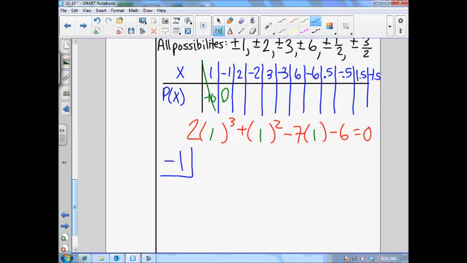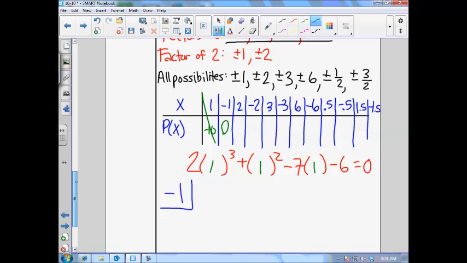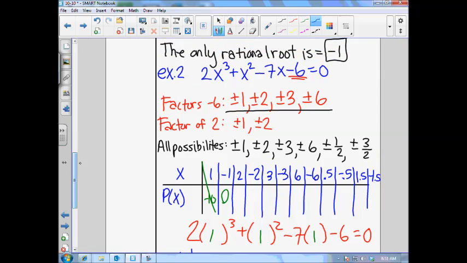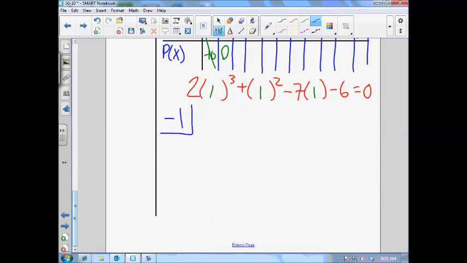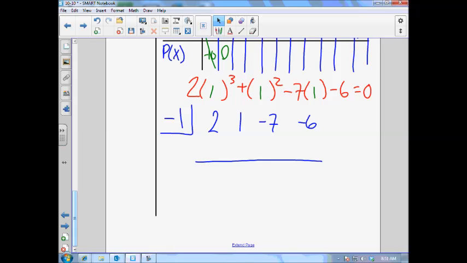and see what's left. So, to see what's left, instead of doing long division with all the x's, all we're going to do is take the coefficients. So we're going to take 2, 1, what's the next part? Negative 7 and then negative 6. So 2, 1, negative 7, negative 6. 2, leave a space. 1, leave a space. Negative 7 and negative 6. We're going to do synthetic division. You can do long division as well, like you did on your test, but synthetic division will probably be a